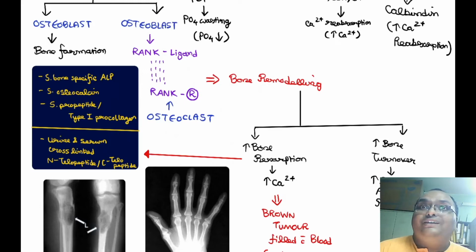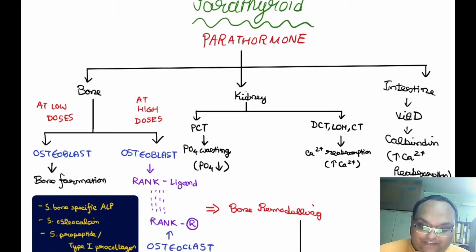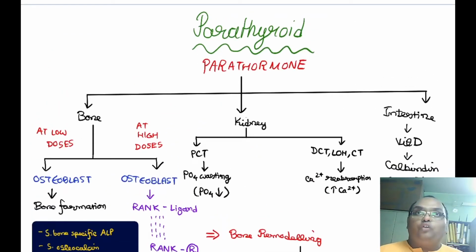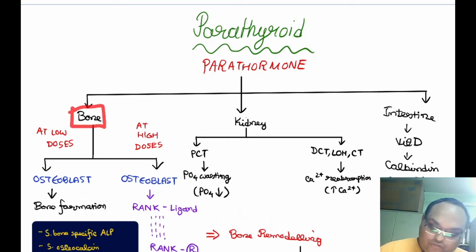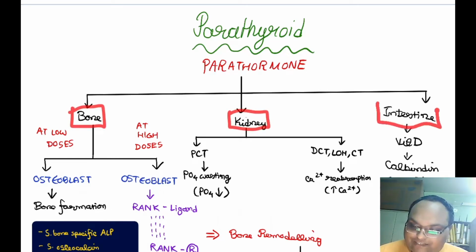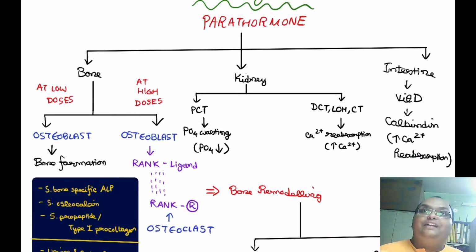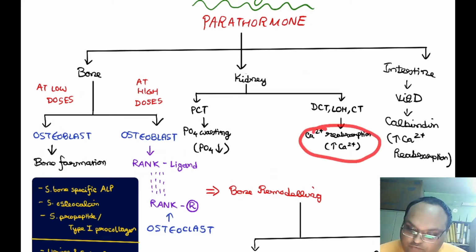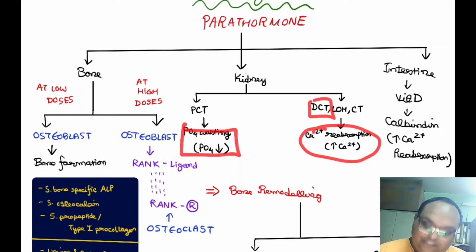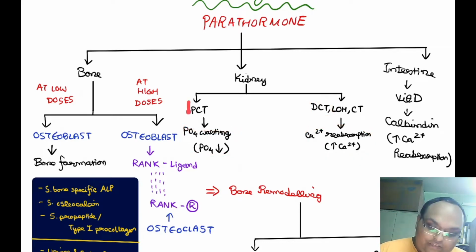Hi guys, so we are going to have a small discussion about the physiological effects of parathyroid hormone at the basic levels. Starting from physiology, it has main effects on three organs: bone, kidney, intestine. In the intestine, what does it do? It causes increased calcium reabsorption via the help of calbindin. In the kidney, it will basically lead to calcium reabsorption from the distal tubules and phosphate wasting. That means more phosphate will be going out in the urine from the proximal convoluted tubule area.